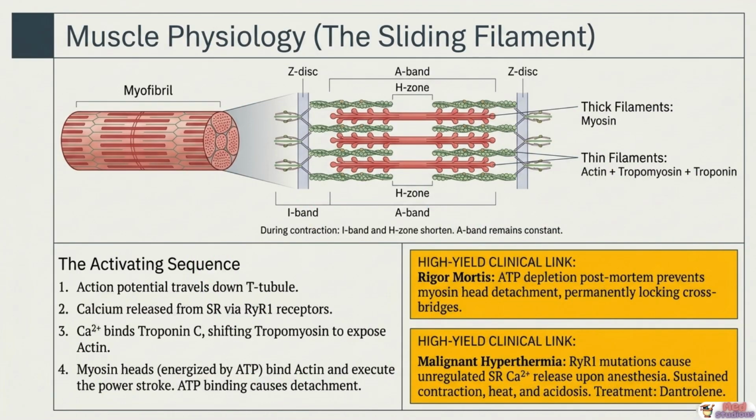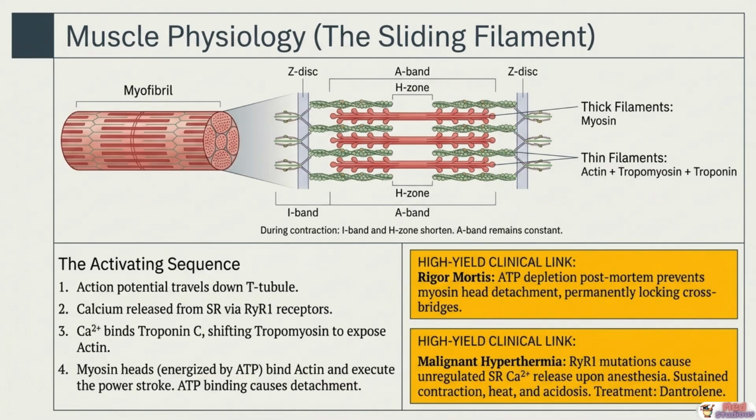Transitioning to organ systems, muscle physiology illustrates how cellular excitability translates into mechanical work. In skeletal muscle, myofibrils are organized into individual contracting units called sarcomeres, bounded by structural Z-discs. These units contain thick filaments made of myosin and thin filaments composed of actin, tropomyosin, and the troponin complex. During contraction, the sliding filament mechanism dictates that the I band and H zone shorten, while the A band remains